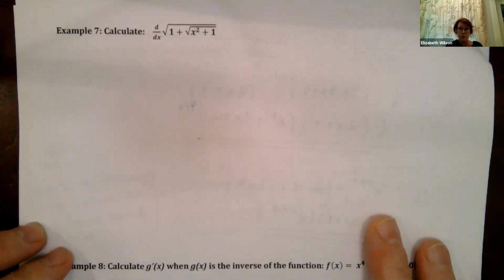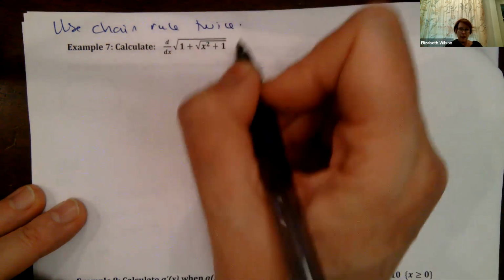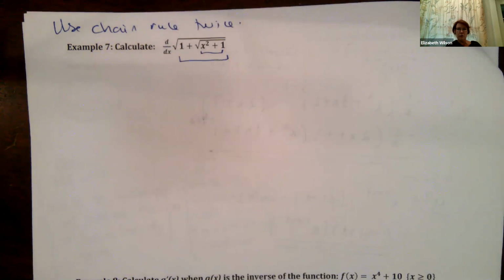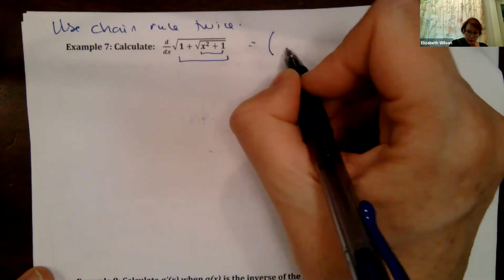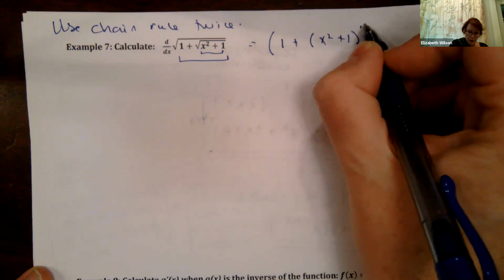this one, example 7, is going to use the chain rule twice. Okay, and the reason is because I've got a nested function inside of a function, right? So we need to go down into all those functions on the inside. So let's first rewrite this in terms of exponents, because I will have to do my power rule. Half